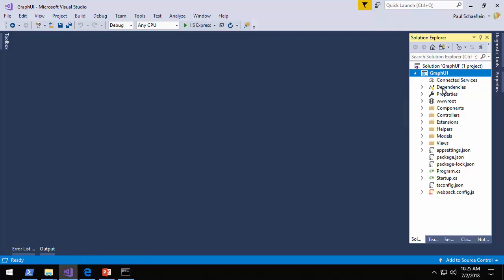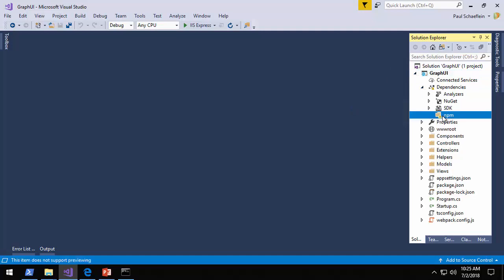First thing I want you to notice is that the dependencies has a warning indicator, the NPM dependencies. This project uses ASP.NET Core MVC in addition to using React components, and those React components are built using TypeScript. React and TypeScript all build upon the JavaScript infrastructure using Node and NPM. So before I get started too far, I want to switch over and make sure that I'm running the correct